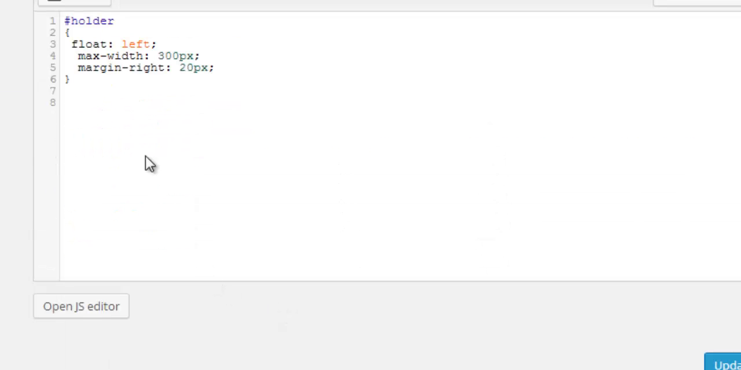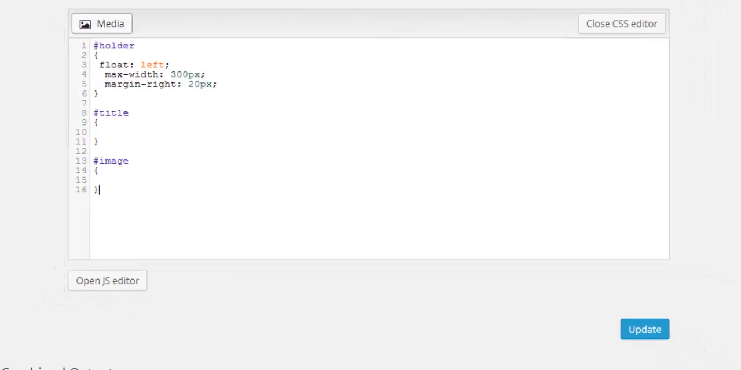So we go down to our CSS. We go hash to reference the title, and put our open and close curly brackets ready for some code. Put hash image and the brackets ready for our code. Okay, so now with the title,